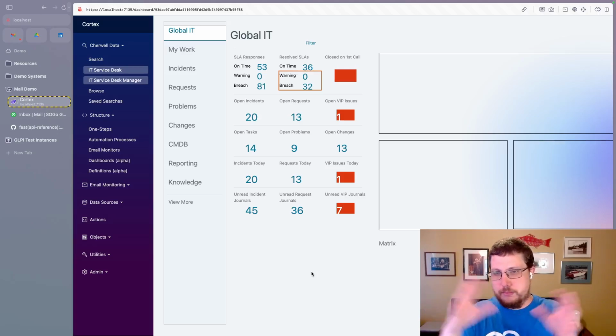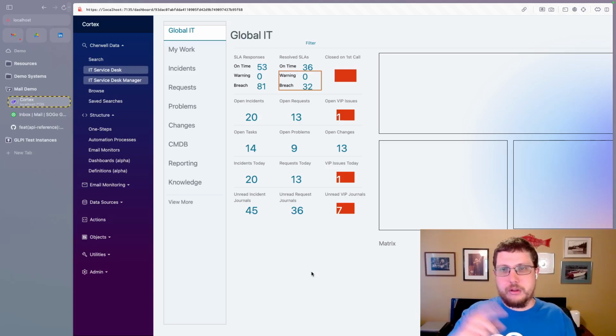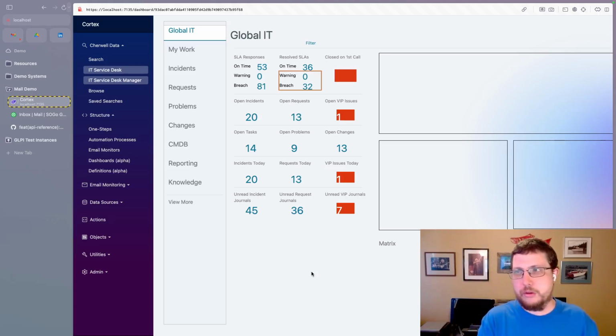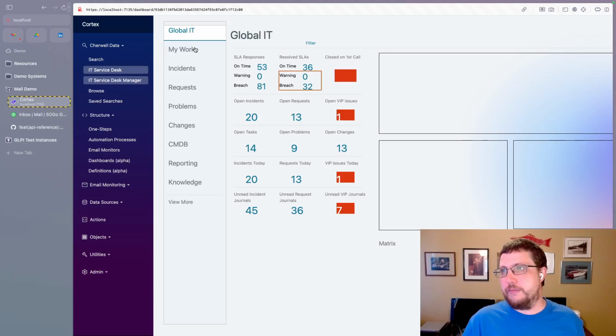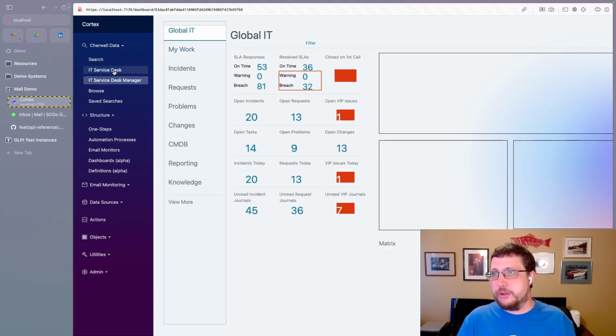It's your mission control command center, where you land, and then from there you could go create a new incident. You could go look at your queue. If this my work dashboard is sufficient for you, you could make this your home dashboard, so that you always land on this. So that's configured, and that's saved in settings. So now we're pulling out those settings, and we're showing